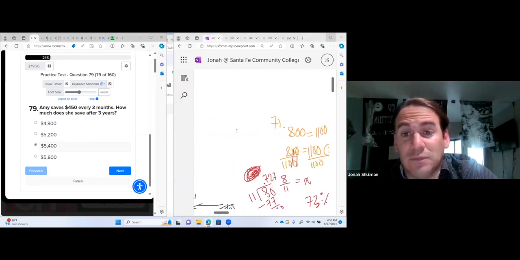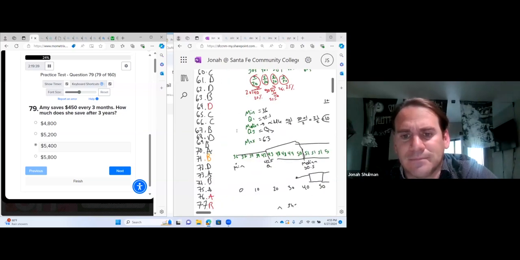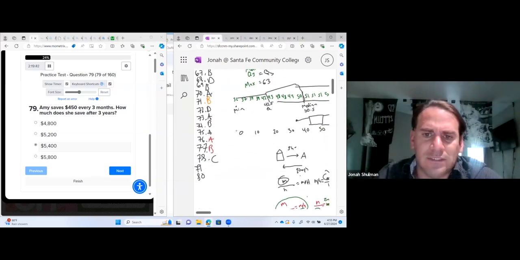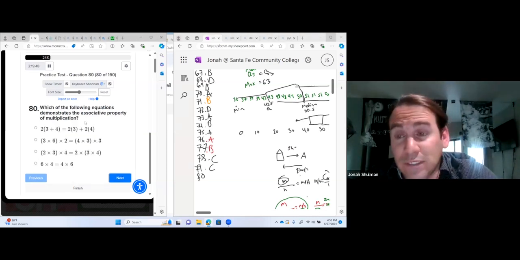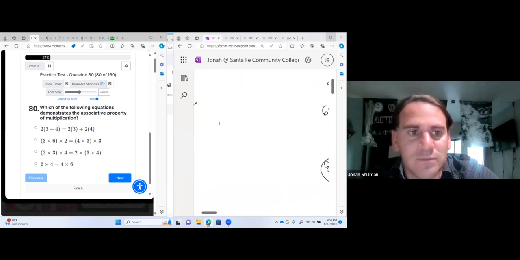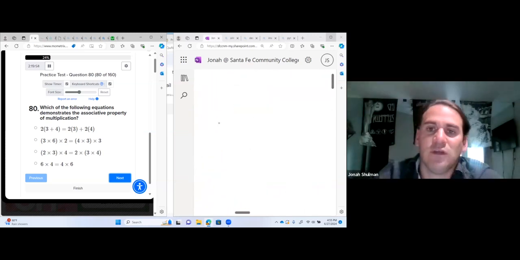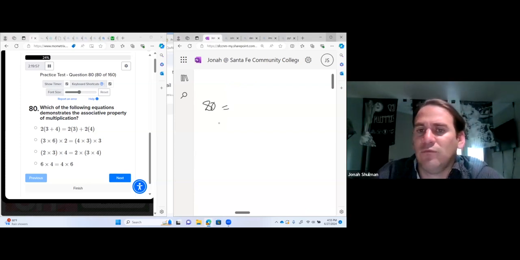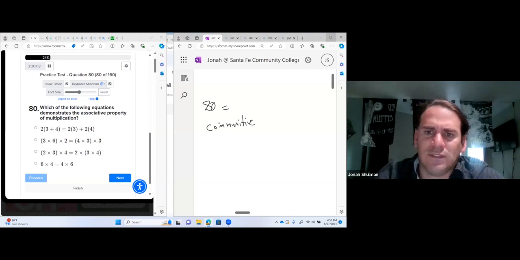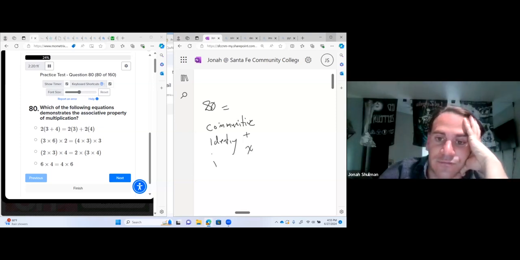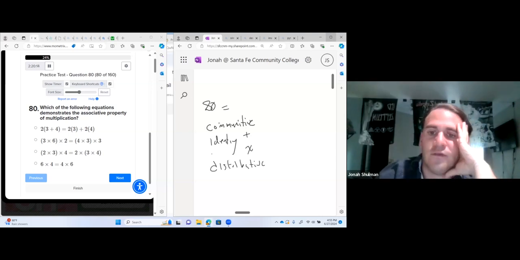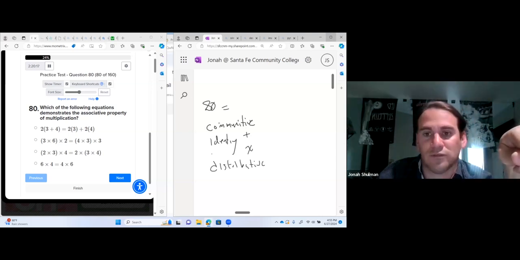And I know I'm taking a long time with this, but I'm really trying to go slow and explain everything. All right, so 79 is C, and I think our last one is 80. Which of the following? Oh, okay. Associative, commutative, identity. What do these words mean? We'll definitely be going over them. This is why vocabulary is important. If they say commutative, there's also identity. There's 2 types of identity, adding and multiplying. Then there's distributive. And there's associative. I'll save this one for last because this is the one that the problem is.